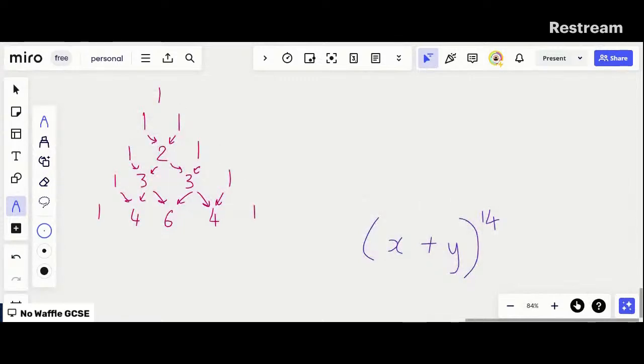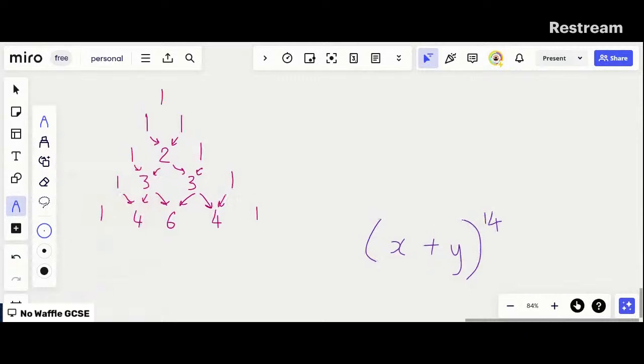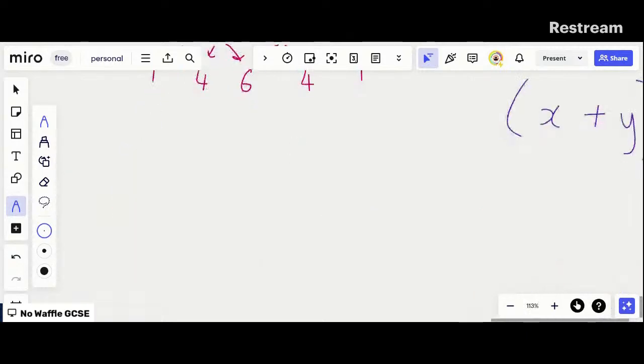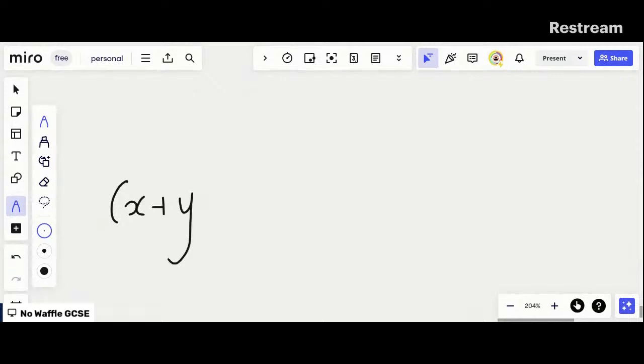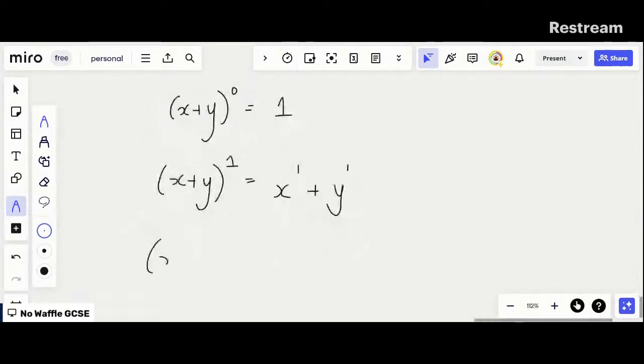So how does it work? Well, you use Pascal's triangle to work out the coefficients. If we had (x + y) to the power of 0, this is just going to equal 1, as anything to the power of 0 is 1. If you had (x + y) to the power of 1, then that's just going to be x to the power 1 plus y to the power 1. Pretty straightforward. Now, if you had (x + y) to the power of 2,